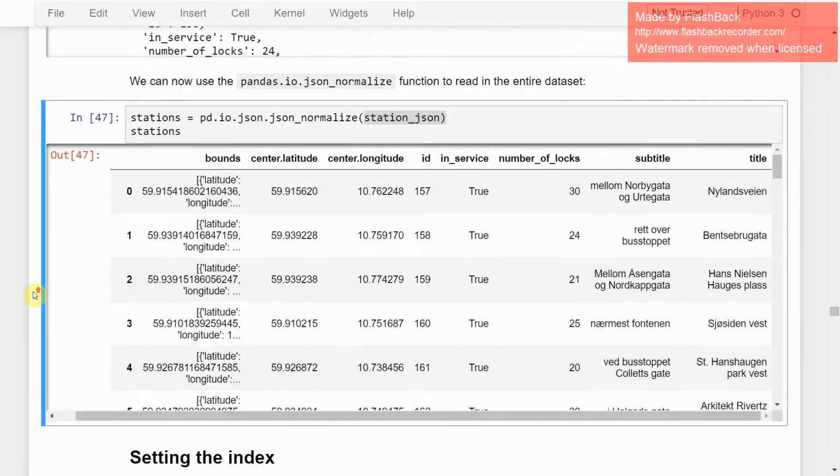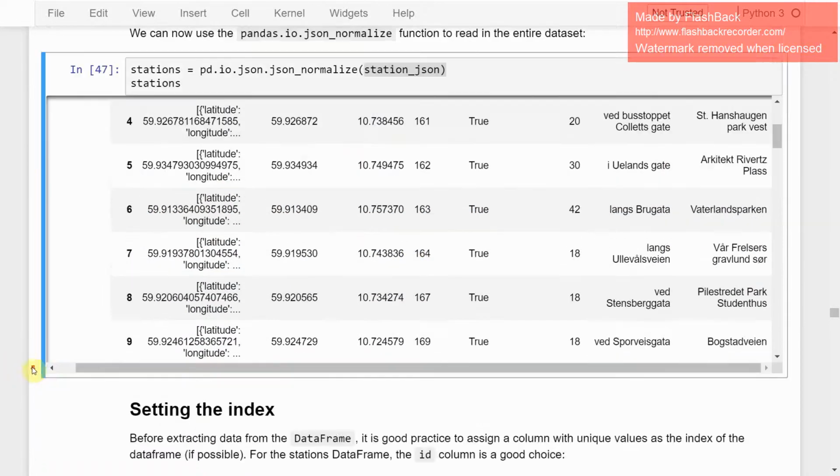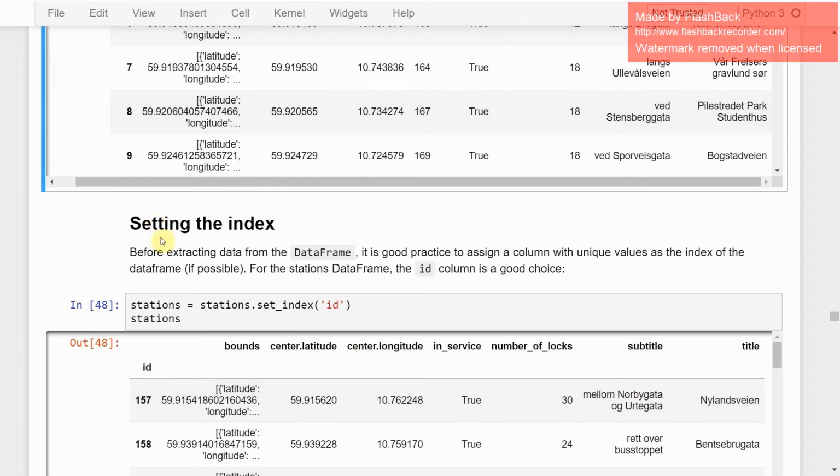Then one thing that is a bit unnecessary here is that each data frame already has an index, and by default it just starts indexing at 0, 1, 2, 3, 4, and so on. But in our data, we also have an identifier, ID, which is the actual ID of the station. So it would make sense to use this identifier directly as the index of the data frame. We can do that by setting the index. If you have a data frame and you call the function set_index